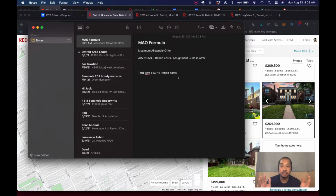Again, it depends on your contractors, and it depends on what you're going to do to the property. I don't know if you're going to refinish floors, or just put carpet over them, granite countertops. Are you going to get brand new? Are you going to paint the cabinets, or get brand new cabinets in there? I don't know what your plans are to flip, because everything is different. I just talked about this the other day, that this number right here, the 65%,